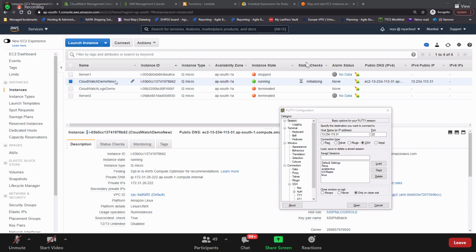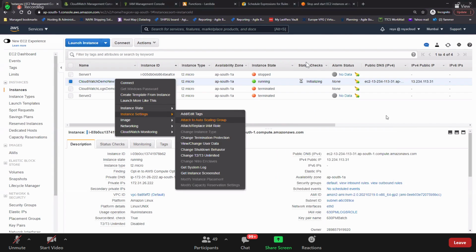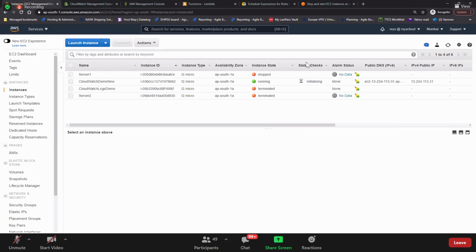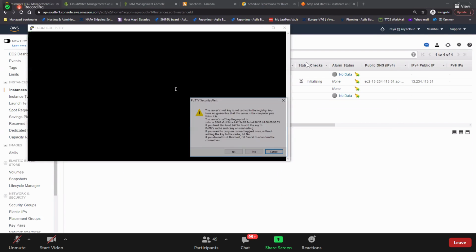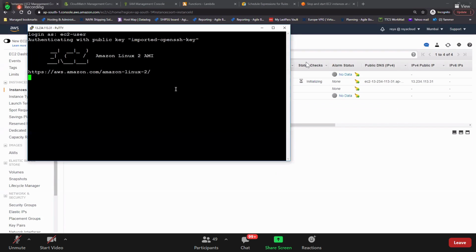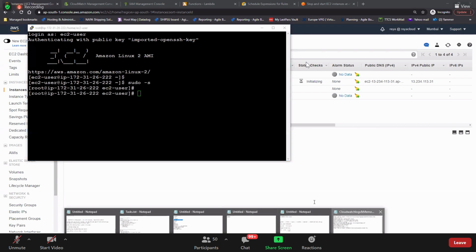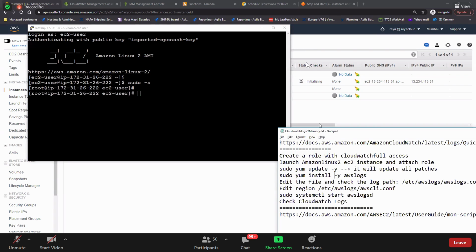Meanwhile, let's go and attach the role for this. Oh, we have already attached it, right? Yeah, it's already attached. So let's open. Okay, it's working. So ec2-user, sudo su. So guys, I can send you the commands if someone can mail me.